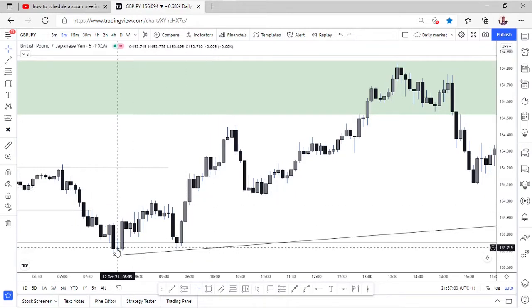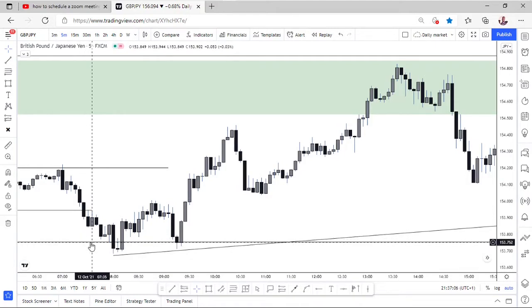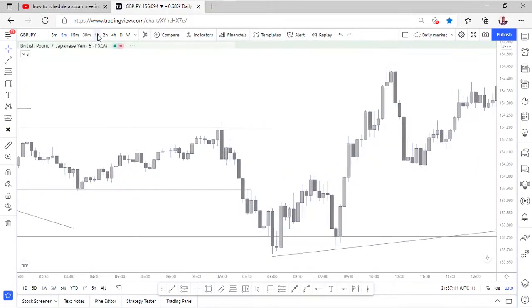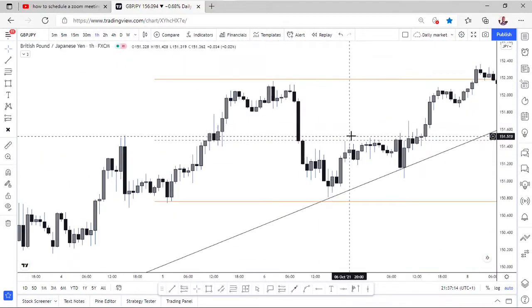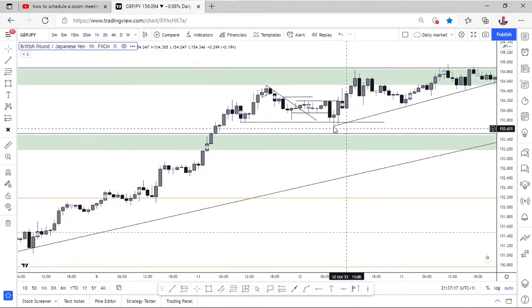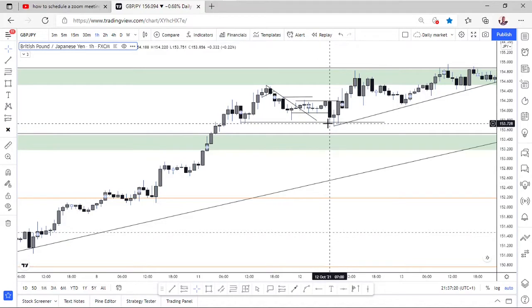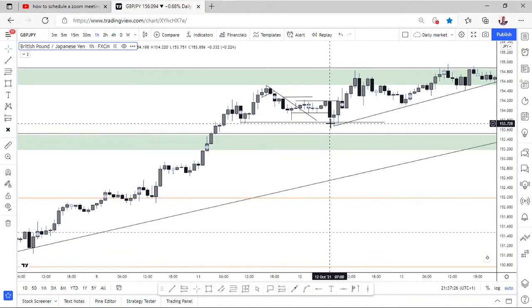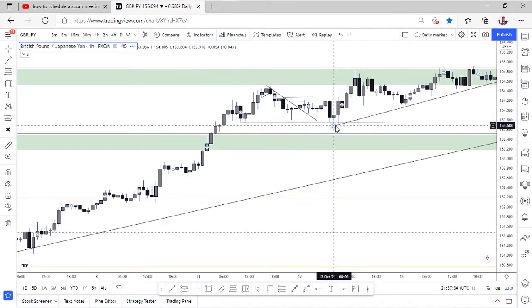So even the market closing below my support here does not mean that the market has changed direction, because if we go back to our 1 hour, what we're going to see is a market that just came to retest this support here, and also took out liquidity, people that were already buying, whose stop loss was very close to this demand level, or this support level. This is what the market makers do, guys, to have enough liquidity to drive the market in the right direction. So since I know that the trend is still to the upside and has not yet been changed,